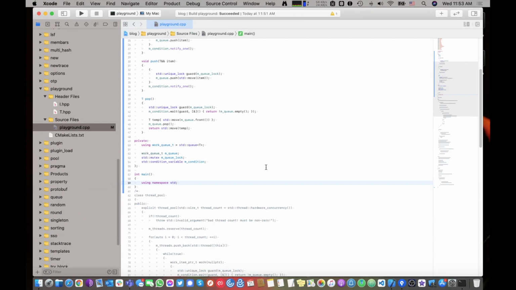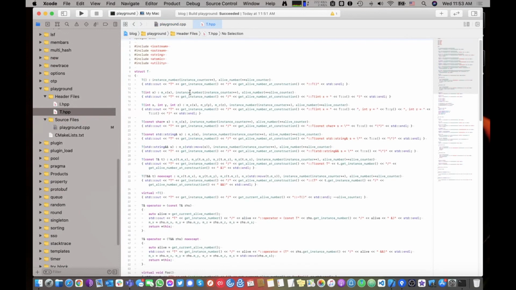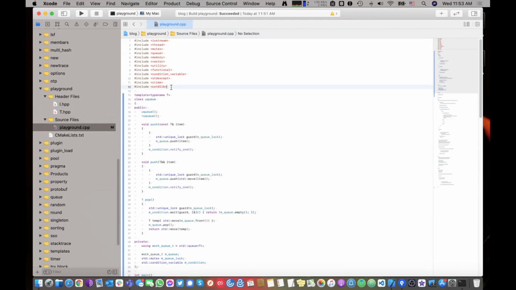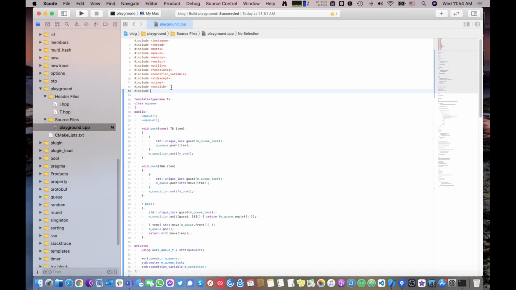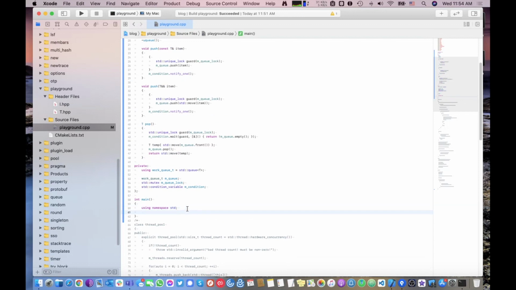Did I have a noisy type somewhere? I did. I have this T we can use. This instance of T will print that it's being created, moved, and so on and so forth. So let's see if we can use that to see what's going on with the queue. Include T. Yeah. So first, let's try to